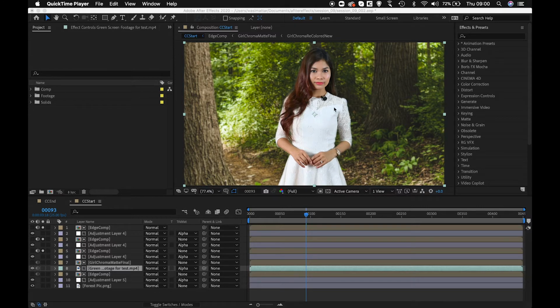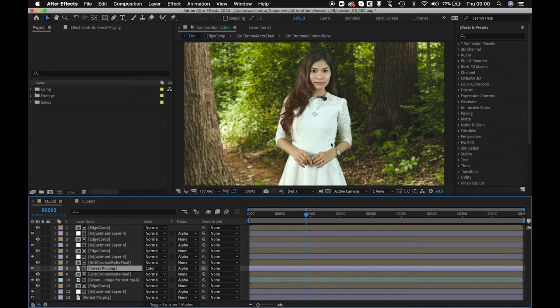So the first step that we'll be doing today is the color correction, and we'll be getting the output to something close to this. I already have one solution over here. If I just click over here, can you see this? It's quite matched, but you can make it better if you have to. These are just the steps. Follow this and I think it should give you a good output. So let's begin.